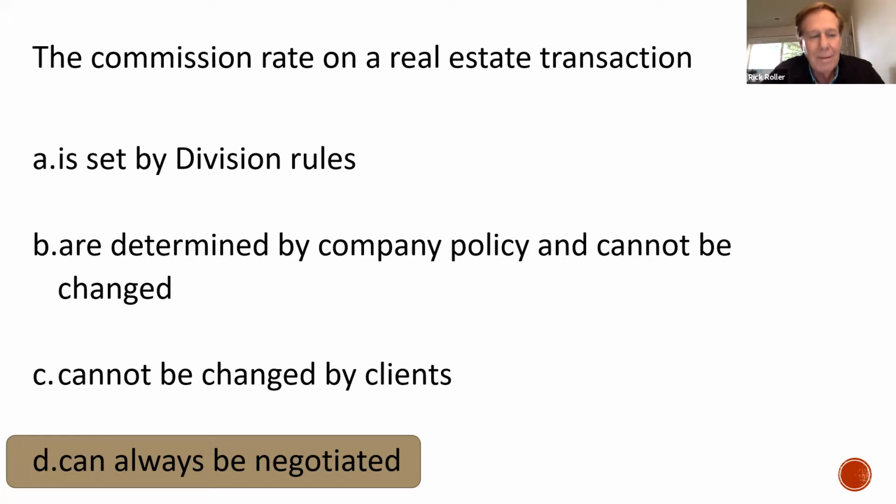Totally allowed to give your client a rebate, like Rick was talking about. Sure. I had a rash of calls from a number of agents one time when there was an agent up in their area who put out a big mailer, and he got some of his competitors on the board pretty angry with him. What he was offering was a Las Vegas vacation if you listed your home with him. And they said, well, you can't do that because you're sharing your commission. No, you're negotiating your commission. So if they're a party to the transaction, if they're a buyer or seller, the gloves are off as far as the money goes.